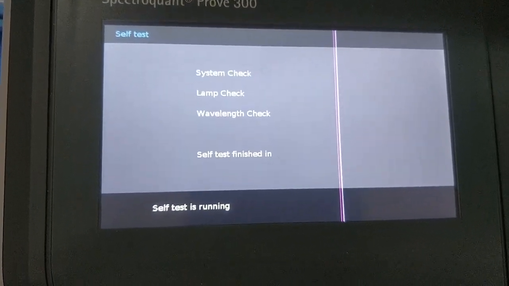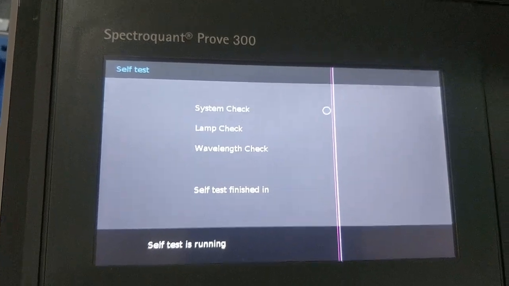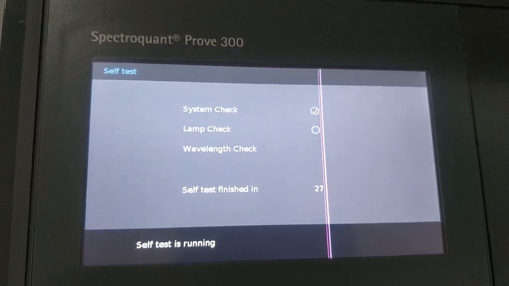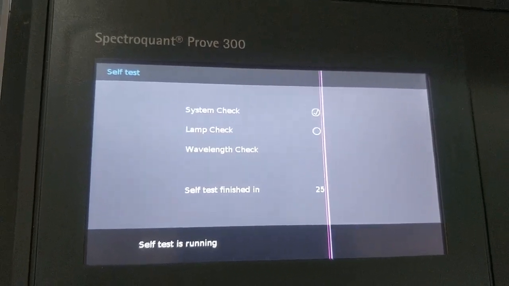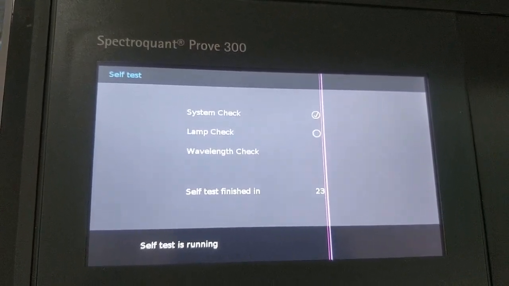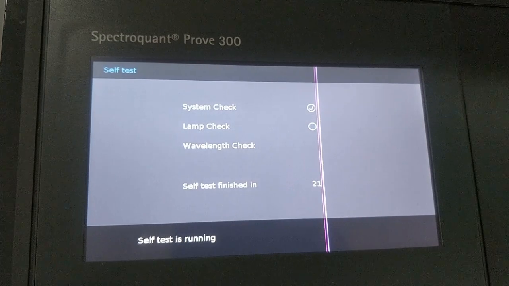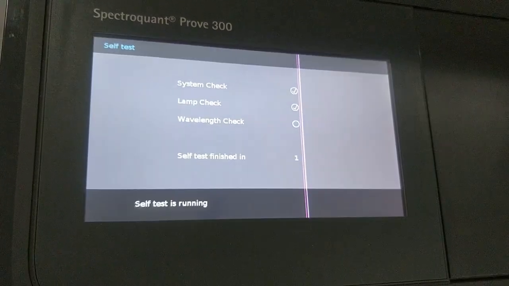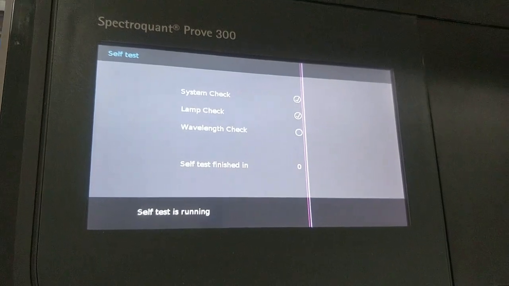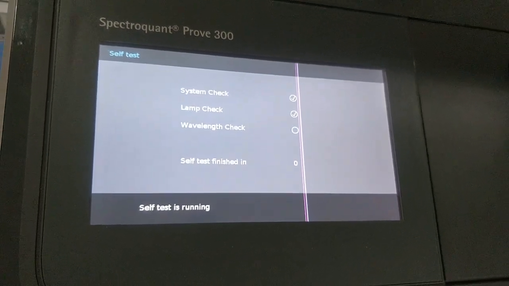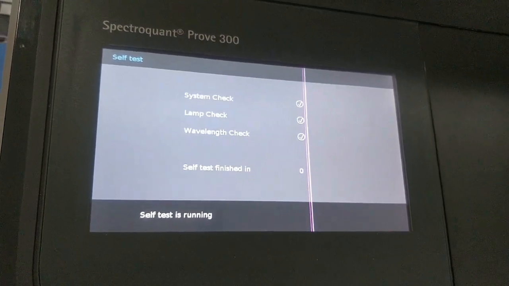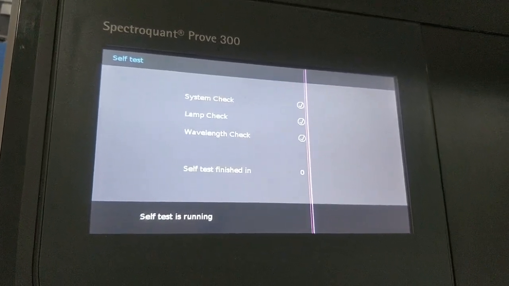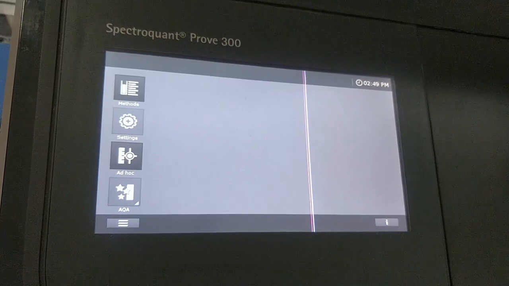Now you can see the self-test is running. Now you can see the self-test is completed.